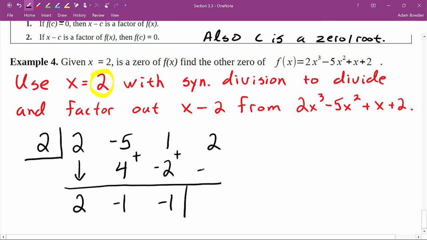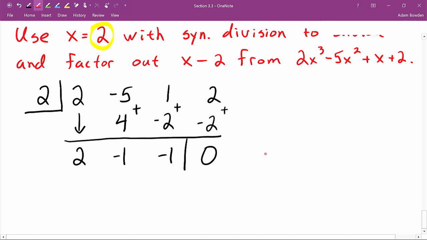2 times -1 is -2. And those add together at the end to get what we would expect to be a 0. 0 remainder goes together with the fact that x equals 2 is a 0 of the function. And so now what we're trying to do is to solve for the other zeros. What we're going to do is set the quotient that we just got